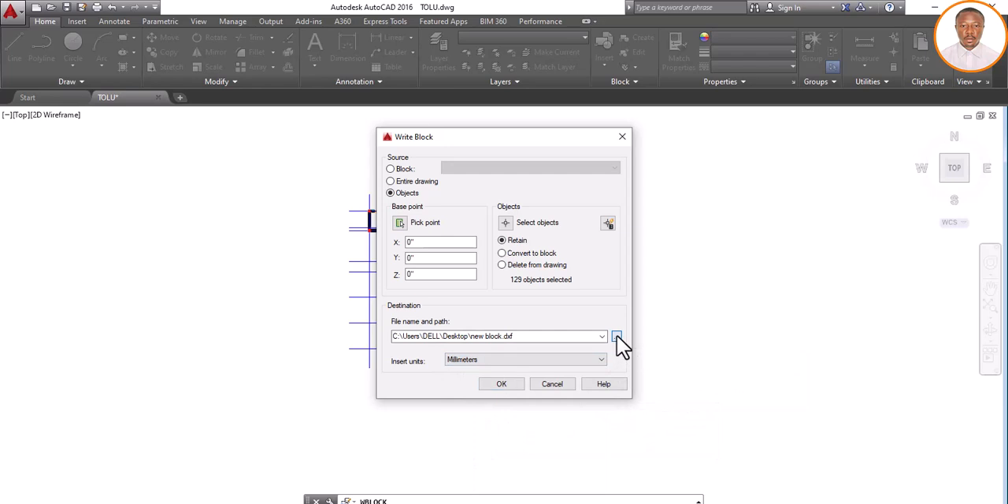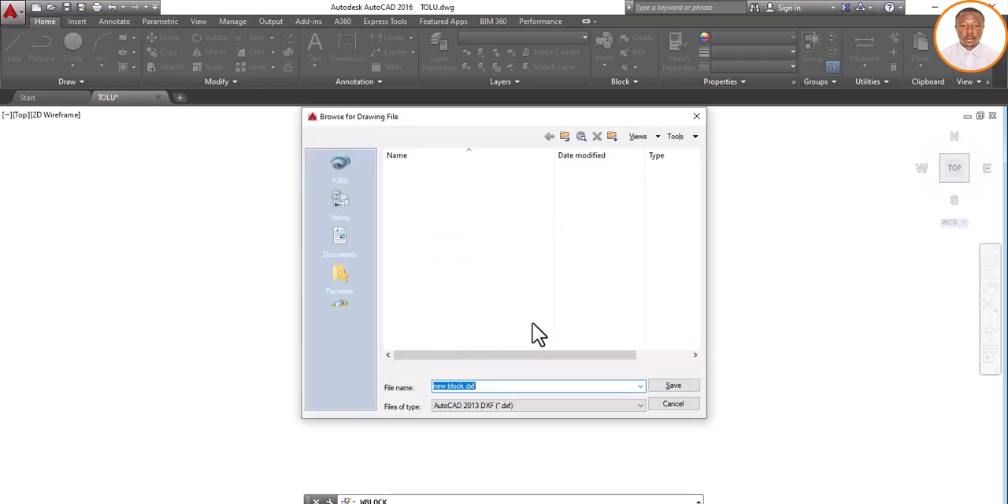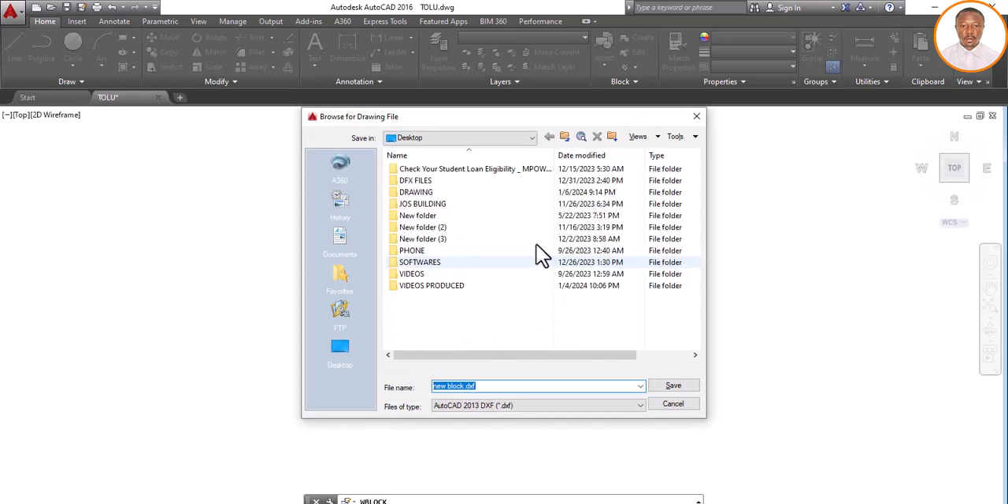Then I come to this place, click under my file name and path. So where do you want to save your work? Is it on the desktop, or in any folder? You do so based on your preference. But for me, I'll leave it at desktop. So what's the name of this file? Let's make it